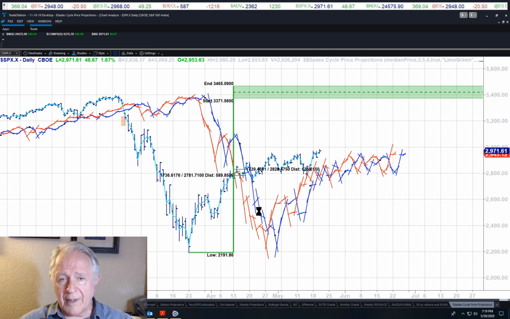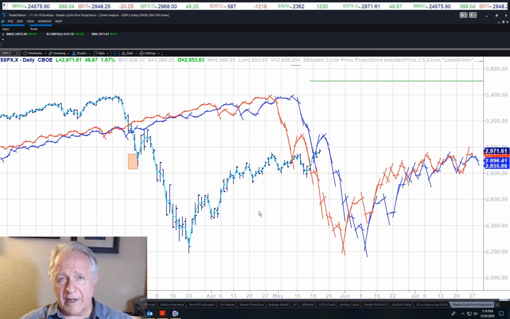55.3. Now, because I have a couple of years of data in here, it takes a little longer than usual to load. Look at this. This is where we are now. We've had this big move up. We're up to the